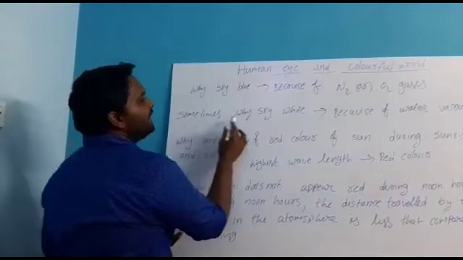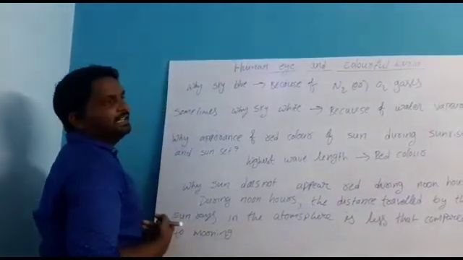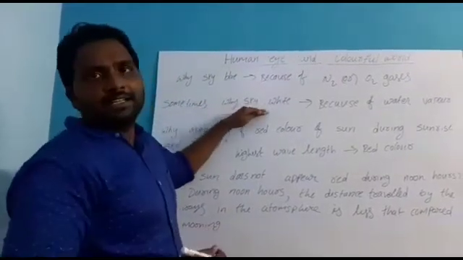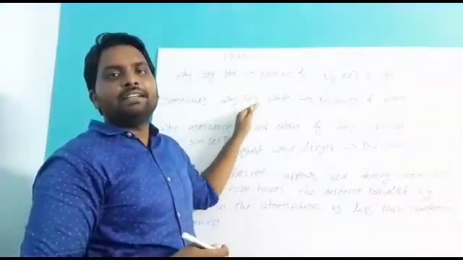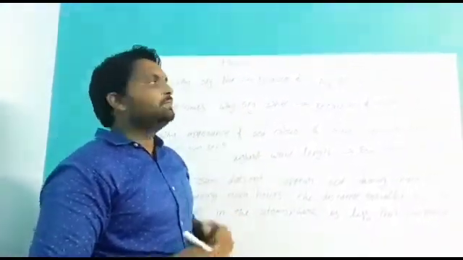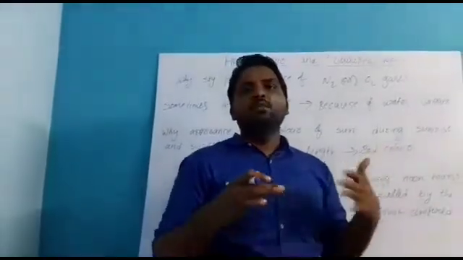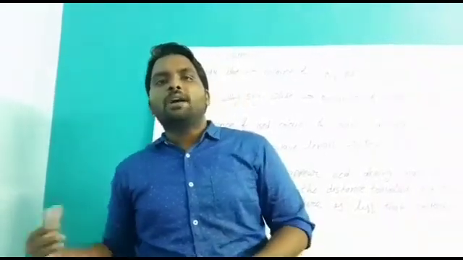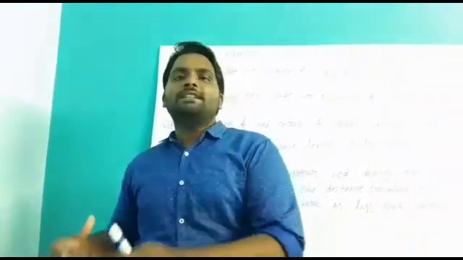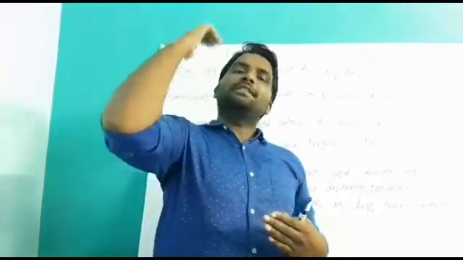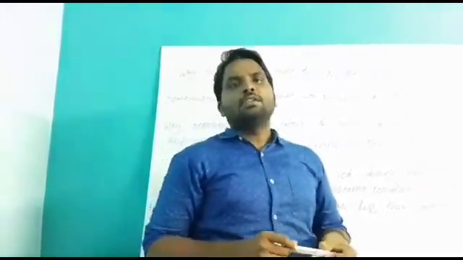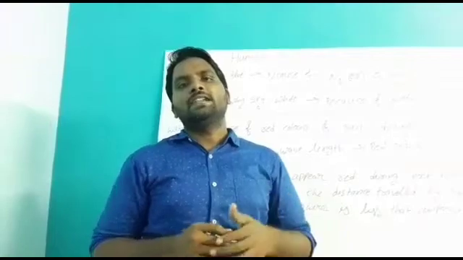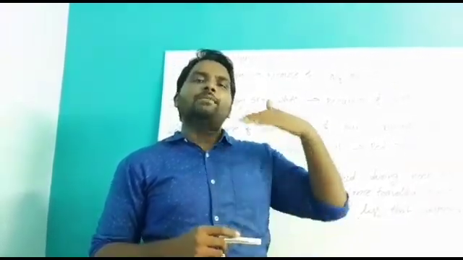But sometimes we observe the sky in white color. What is the reason? Mostly in hot conditions, in the summer, we observe a white sky because of water vapors. If the atmosphere is very hot, the water will evaporate and enter the sky in the form of vapor. So these water molecules will absorb all colors easily. Then it will appear white.